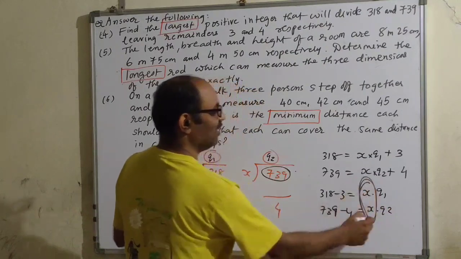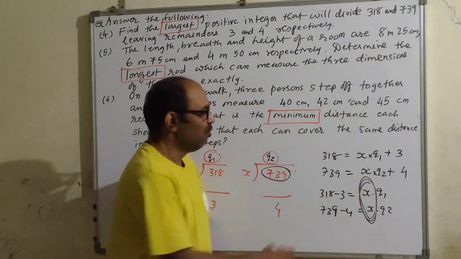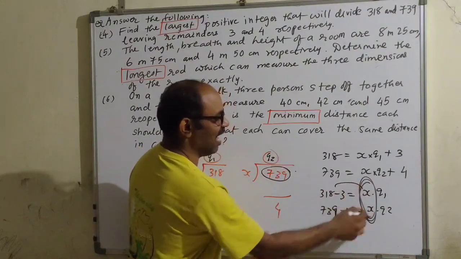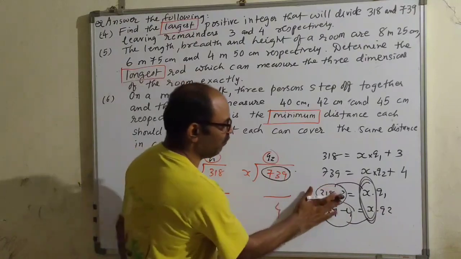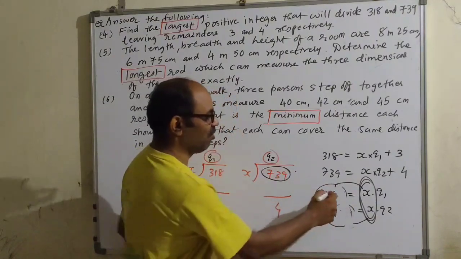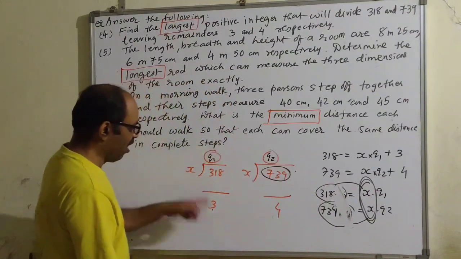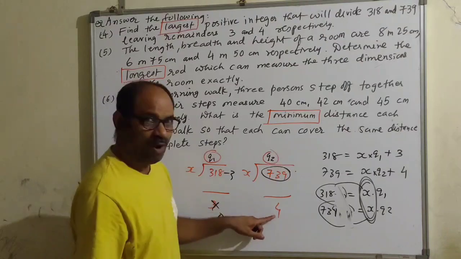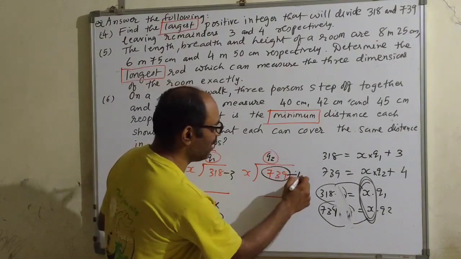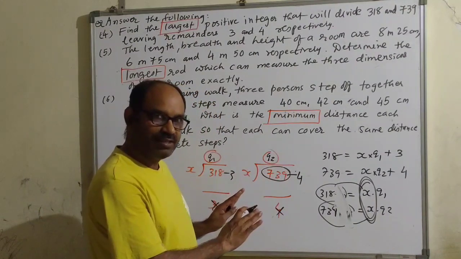Well, see this. This is visualization of HCF from a different angle. What is x? The HCF of these two numbers. If no remainder was there, we could have said minus 0, which means the same number. So if you want remainder 0 here, subtract 3. If you want remainder 0 here, from this dividend subtract 4. Is that clear? Have you understood this?